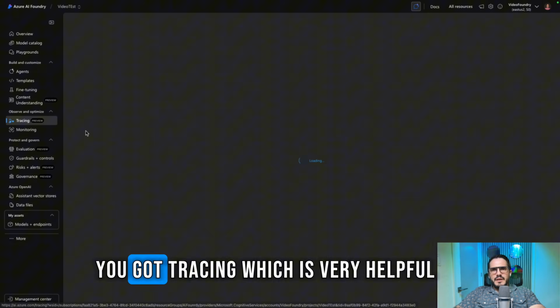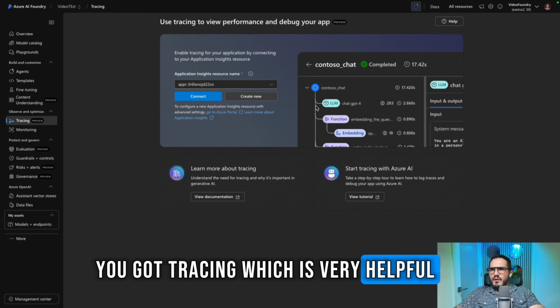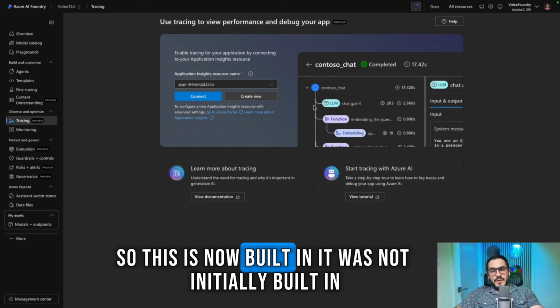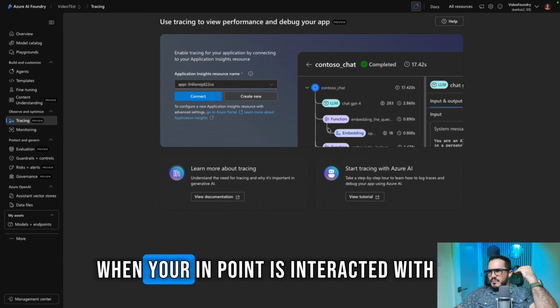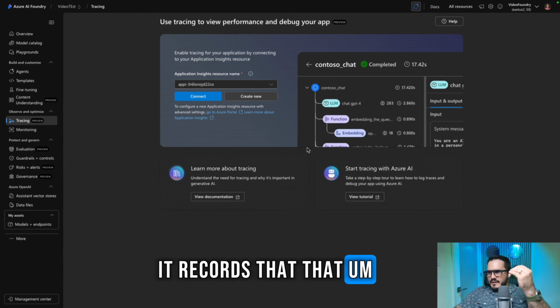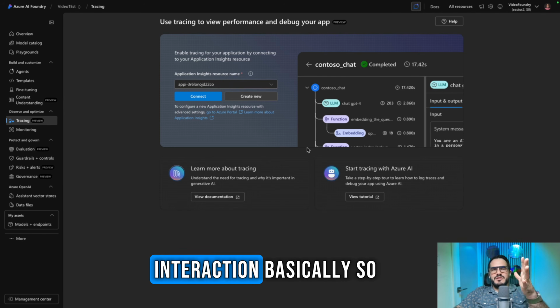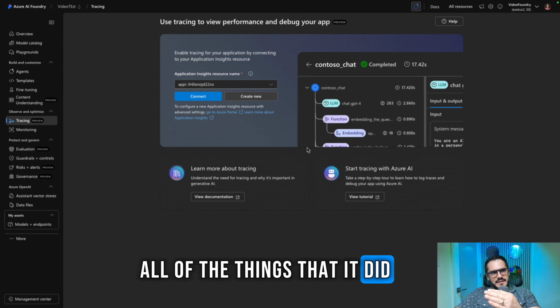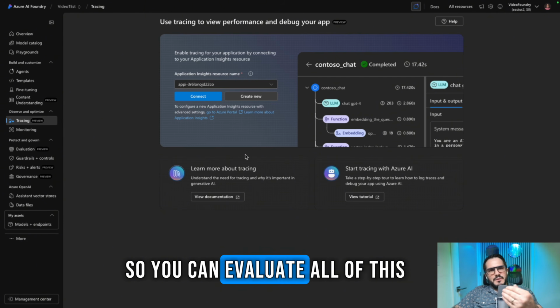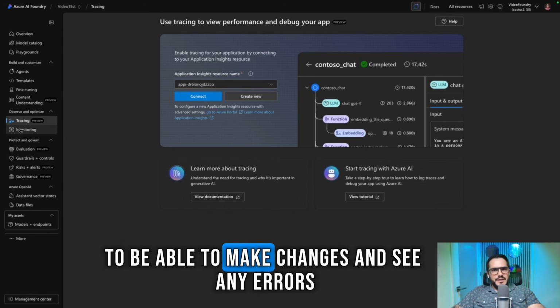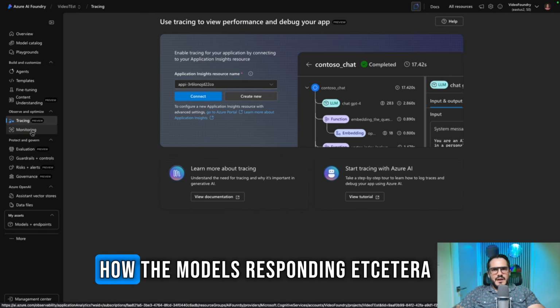that later. You've got tracing, which is very helpful. So this is now built in. It was not initially built in, but this allows you to see, from the image here, that when your endpoint is interacted with, it records that interaction basically. So all of the things that it did to then have the output is recorded here. So you can evaluate all of this to be able to make changes and see any errors,